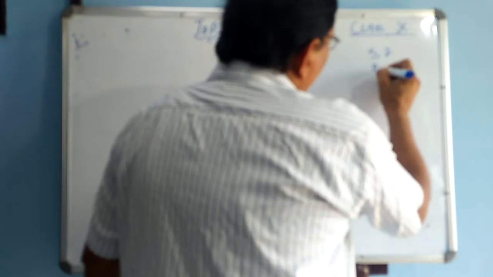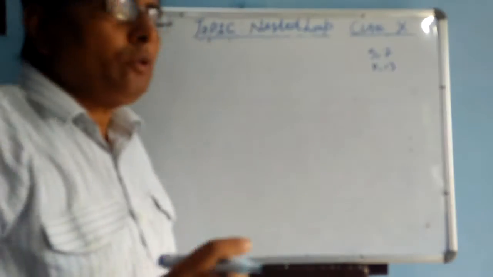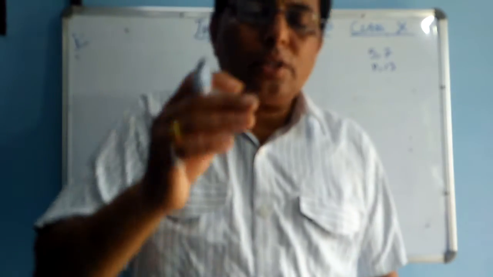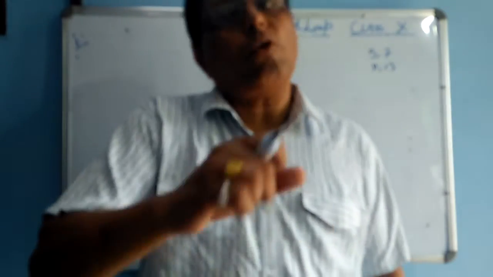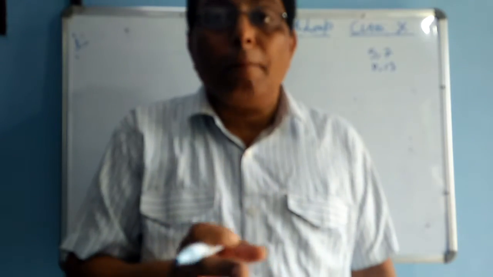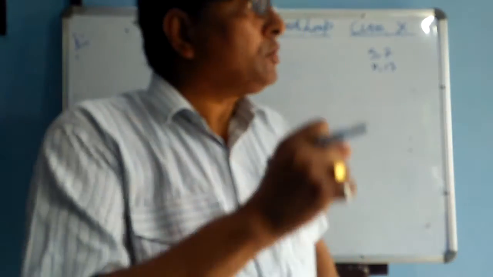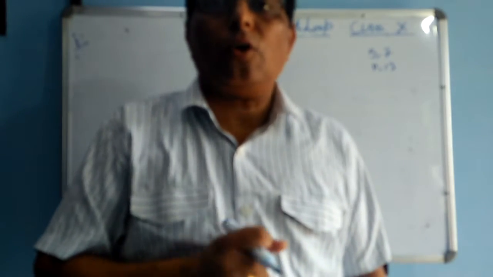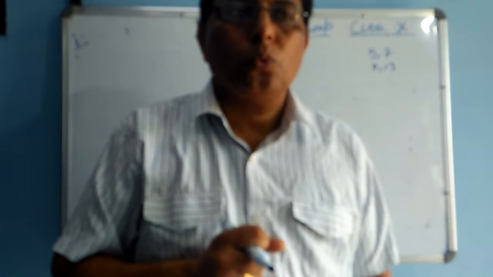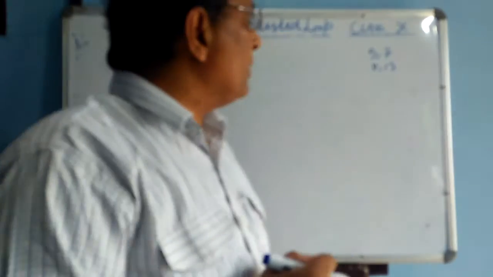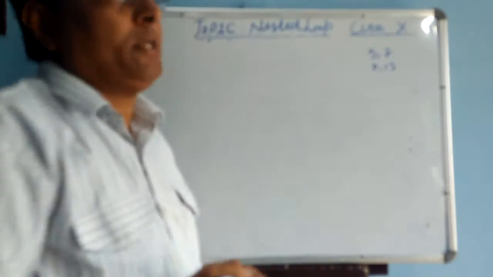Next, maybe 11 and 13. Do you know what a prime number is? A prime number is a number that can be divided only by itself or 1. Okay, these are the prime numbers. But twin prime numbers are those whose difference is 2. That is called twin prime numbers. So now we will make our program for twin prime numbers.